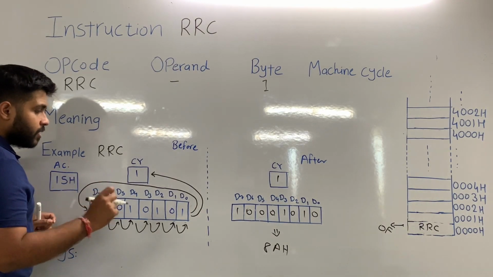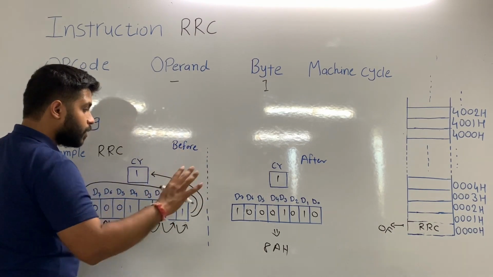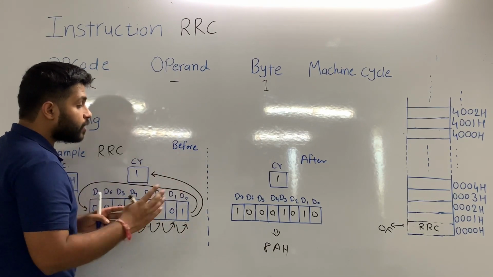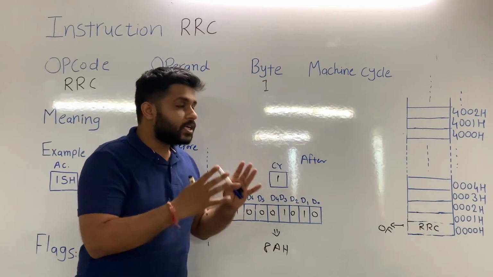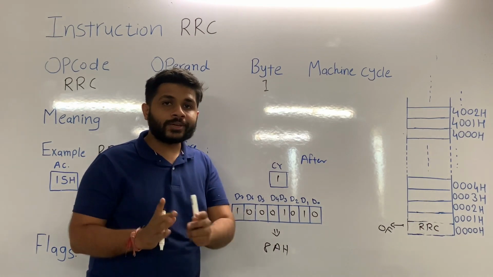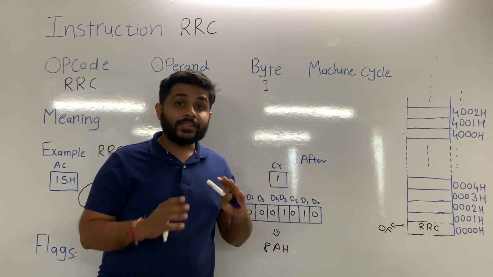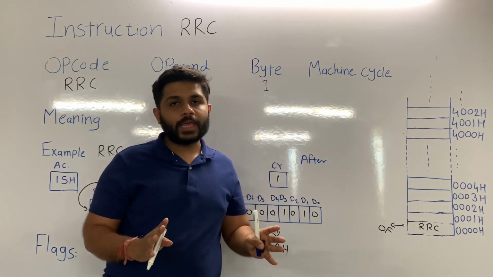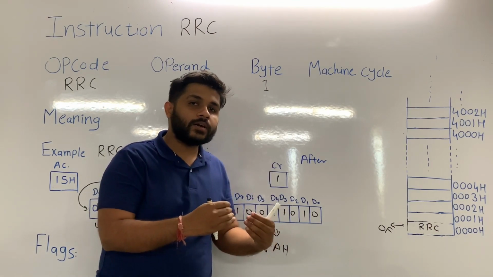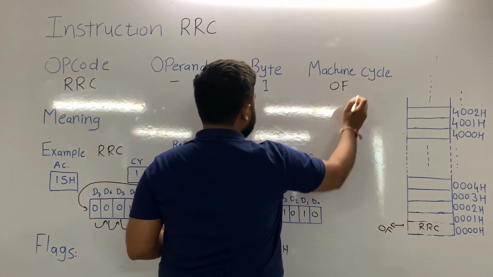During the execution, is the processor transferring any data to the memory or reading data from the memory? No. The processor is not doing any interaction from the memory or to the memory. So what I am trying to say is, if the processor were storing any data or reading any data during the execution, in that case an extra machine cycle would be required, that is memory read or memory write. In this example, the processor is not doing that. The processor is performing all the tasks within its internal register and carry flag. So only one machine cycle is required, that is opcode fetch.